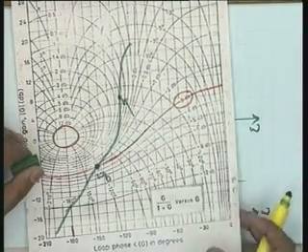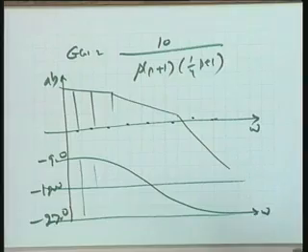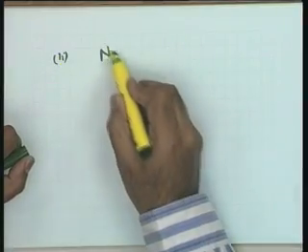So, this way I think I am tending towards the conclusion of my discussion on the feedback response. I say that given the open loop frequency response data or the open loop transfer function, you can get the values of all the indices: the phase margin, the gain margin, MR, omega r and omega b. Yes, I remember one point I have to make before I declare it off. I had called it case 1. Case 1 was unity feedback. Help me, what we will do for case 2, non-unity feedback.